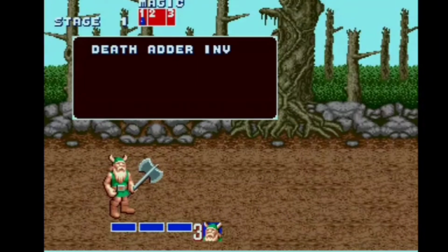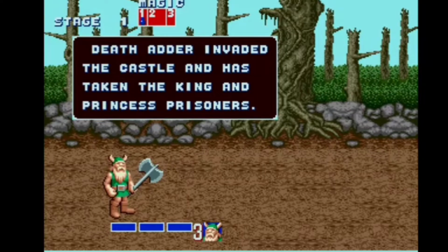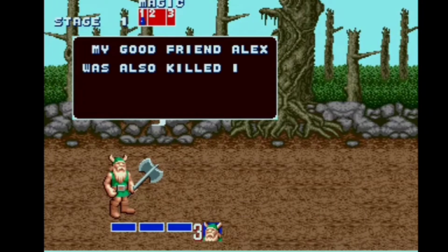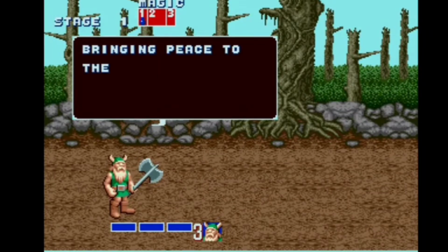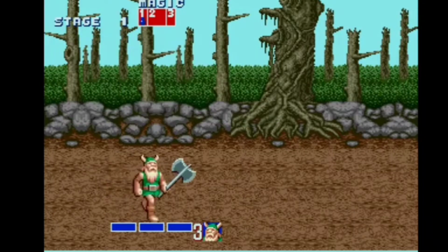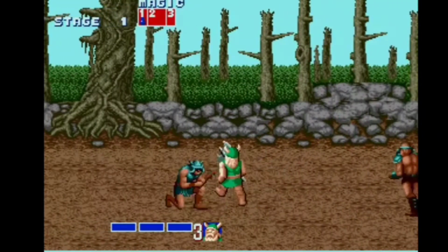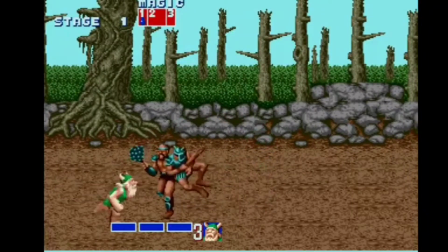So is Gilius Thunderbird essential to your collection? Gilius is one of the main 3 characters in the game, the dwarf hero. His appearances were in Golden Axe 2, Golden Axe 3, Golden Axe The Revenge of Death Adder, and Golden Axe Beast Rider. The way the story starts out for Gilius, Death Adder attacked his village, killing everyone in it with the exception of him. The story fast forwards about 6 years from there, where Gilius joined forces with Tyris Flare and Ax Battler. Together they face the forces of Death Adder, retrieve the Golden Axe, which I didn't recall being a thing in the game, makes sense as to why it was called Golden Axe, and spread peace across the land, well, until